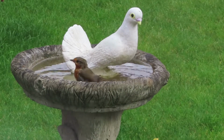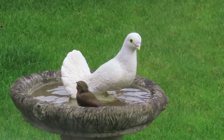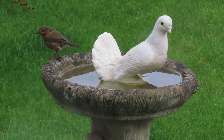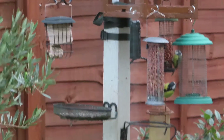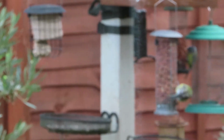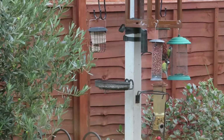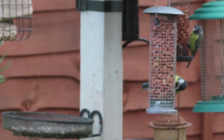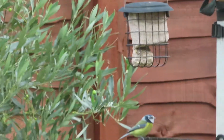One of the things I love about the position of my kitchen window is I get to see all the activity of the birds in the garden. I just love the robin. Hasn't been around for a while actually, so seeing him again this weekend has been amazing. He's been hanging around the garden all morning, hiding away. I'm probably a little bit too far away for you to see properly, but this is our bird feeder, and this morning it has been a hive of activity. I don't want to go outside to take close pictures because that scares them all off, and I love having them there. We had to refill that yesterday because they have been demolishing it. Another one hiding somewhere. There he is. Look,